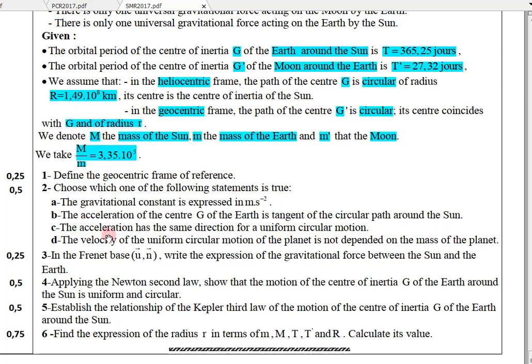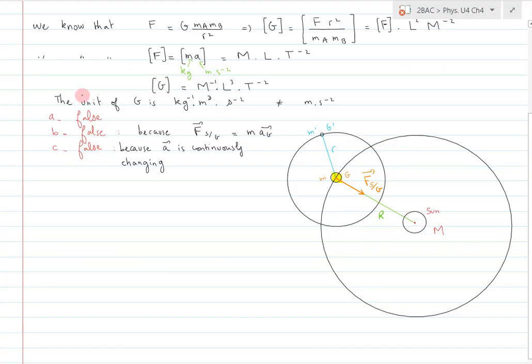So the velocity of a planet does not depend on the mass of the planet itself. So this should be true, and we can verify this. So D is true. And to verify it,